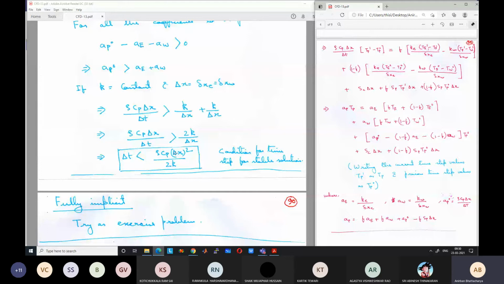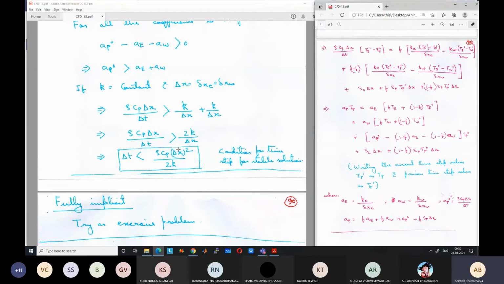We have also discussed some problems like if you change the grid spacing by 10 times, you have to change the time step by 100 times, and you can imagine how long it will take for the solution to occur. So that is the main problem with the explicit scheme, that if you want to take very fine grids, your time step becomes so small that the problem takes a huge time to run. So if you have some problem where there are some regions where you need a very fine grid structure, like you want to resolve a very small gap and you want to resolve the flow in that gap or the heat transfer in that gap.